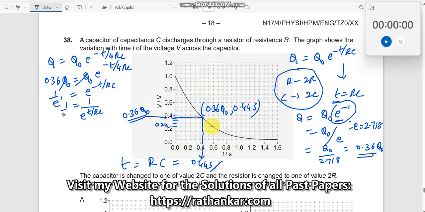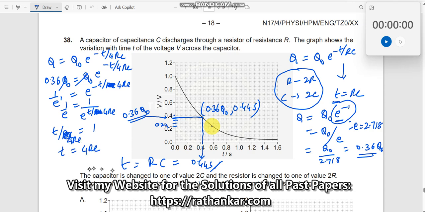If I compare the powers here, what do I get? This E and E are the powers here, right? If I compare it, I get T by RC equal to 1. Sorry, T by 4RC here, right? This is T by 4RC. So here also 4RC. So T dash or T is equal to